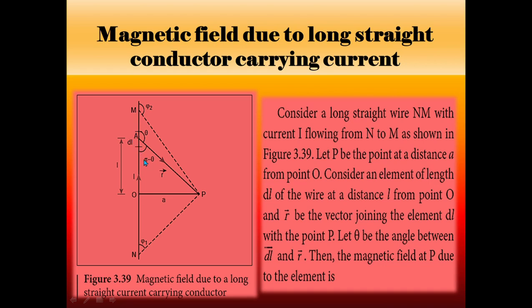Consider the element of length dl of the wire at a distance L from point O, and r vector be the vector joining the element dl with point P. Let theta be the angle between the dl vector and r vector. Then the magnetic field at P due to the element is